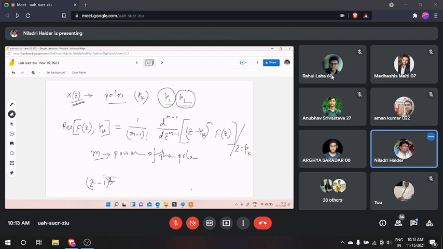But if n is less than 0, suppose n equal to minus 1, z to the power minus 1 will be 1 by z, so you have 1 by z, z minus 0.75, z plus 0.5. Then how many poles do you have? Two poles, exactly. Another pole you are getting at 0. That is 3 poles you are getting.